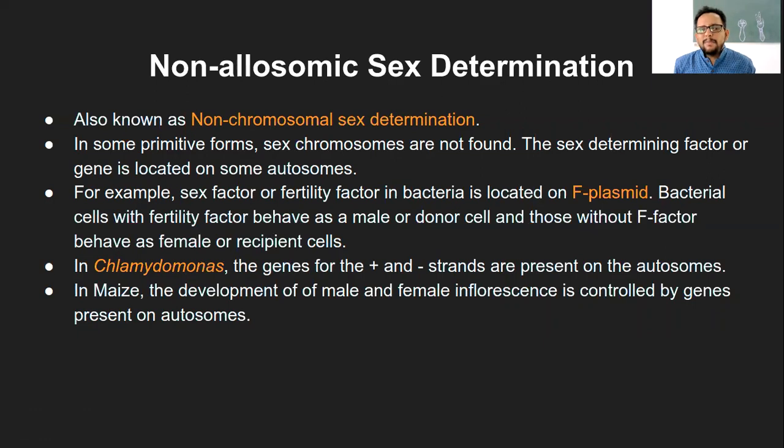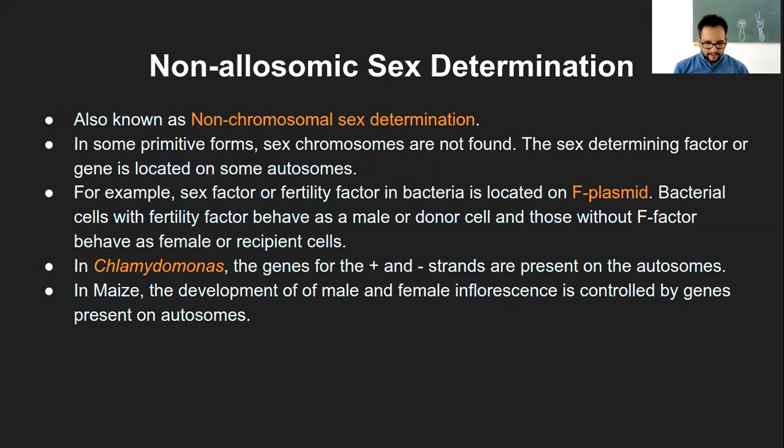One bacterial plasmid will duplicate its genetic material, transfer it to the other cell, then it will separate, and that way they keep on dividing. I shouldn't say it is mitotic division, but like in mitosis, how the duplication of chromosome happens and then the two daughter cells separate, something like binary fission that you have already studied. So that kind of mechanism happens after this donation of the plasmid to the female or recipient cell, and that factor is present on the plasmid of these cells.